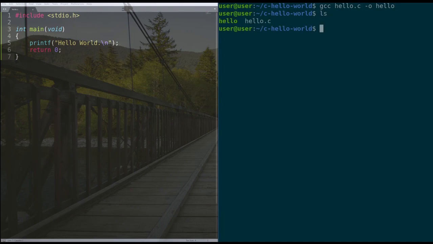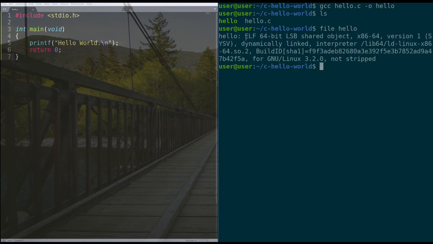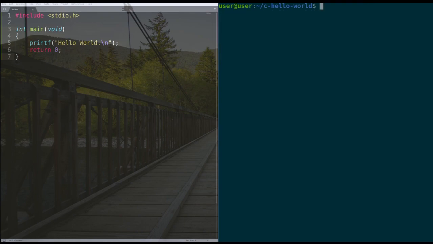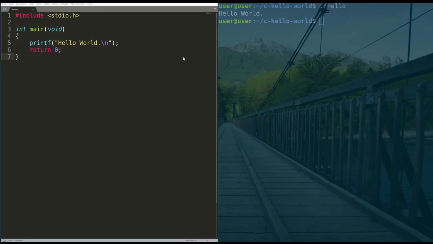We can actually ls this, and you'll see that we have our C file that we typed, and then the program that we created. And this should actually be an ELF file, which is the executable and linkable format, which is the executable file type for Linux. And then we're going to run it. So to run a program in Linux, you do ./, the name of the program, and you hit enter. Hello world. Perfect. And we can actually see, remember how I said that the return value from main goes to the shell,